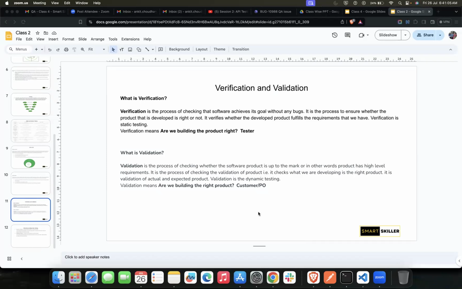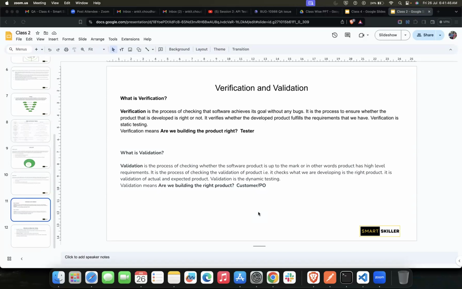Correct? That I want the software for this purpose. They might have had a certain vision. Now, they need to make sure that the requirements they gave based upon that vision have been fulfilled by the team, and that the team has developed software that would be able to complete their requirements or the vision they shared with the organization during the initial requirement gathering phase.